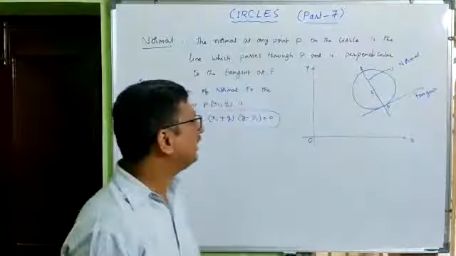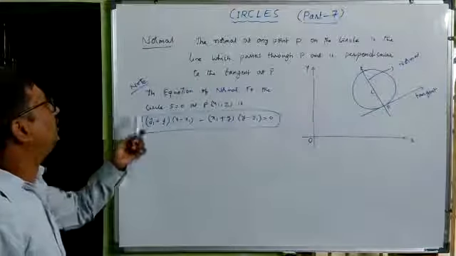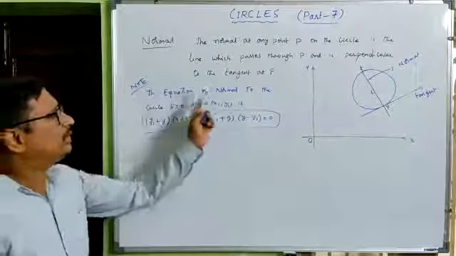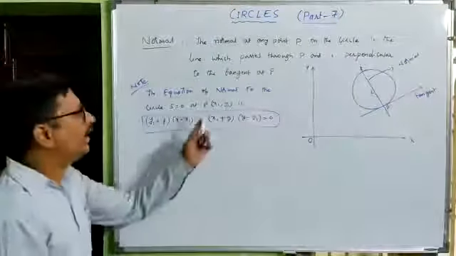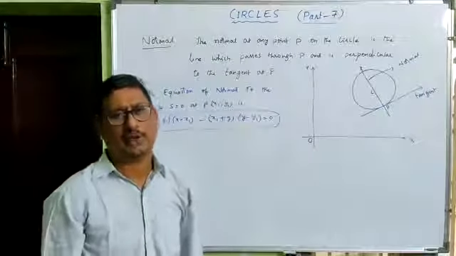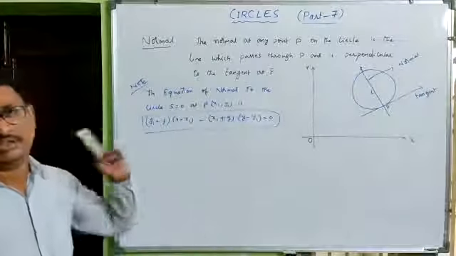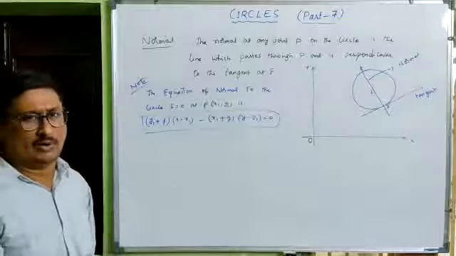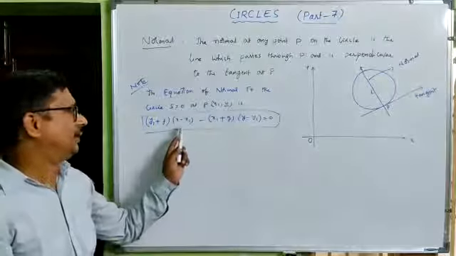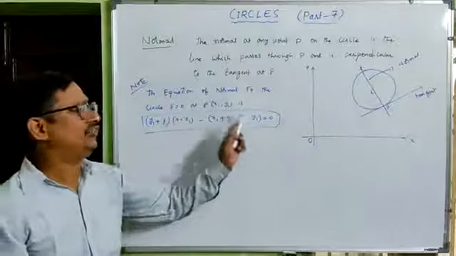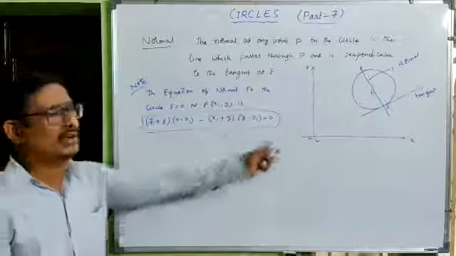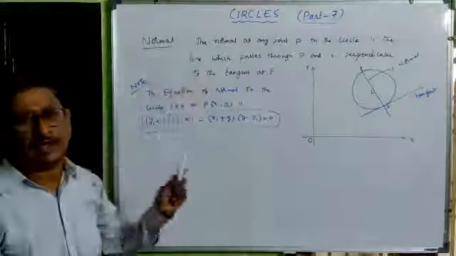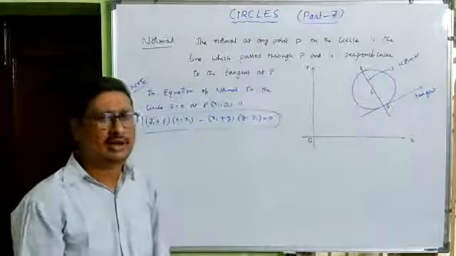Okay. Now if you take the formula, for suppose the equation of the circle is S = 0, then the equation of normal to the circle S = 0 at P(x1, y1). For any circle, we can find the equation of normal when the point is given. We can use this formula: (y1 + f)(x - x1) - (x1 + g)(y - y1) = 0. This is the formula for finding the normal to the given circle. So the definition of the normal and this is the equation of the normal. Okay, have a note.